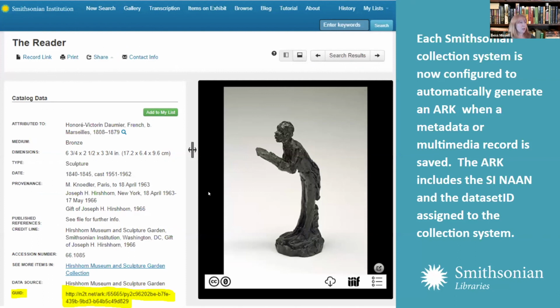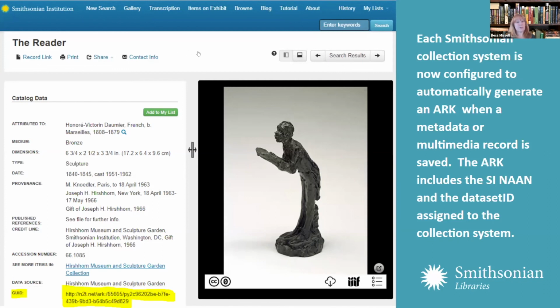This is a screenshot of our Collections Search Center, which is one of our databases. And you can see in the highlighted yellow area, that's one of our ARKs. The PY2 in the ARK down here is associated with the Hirshhorn Museum and Sculpture Garden collection.